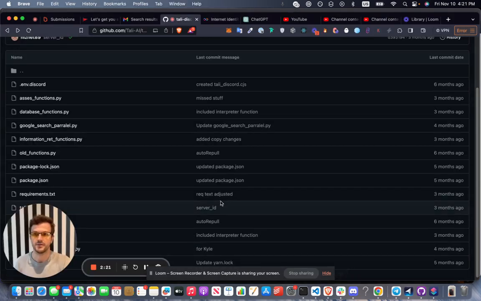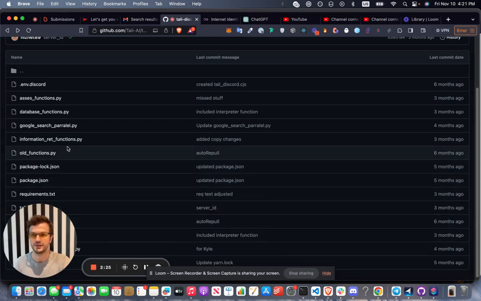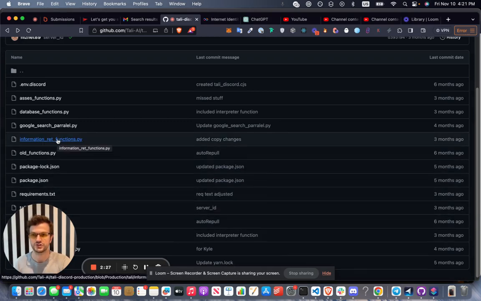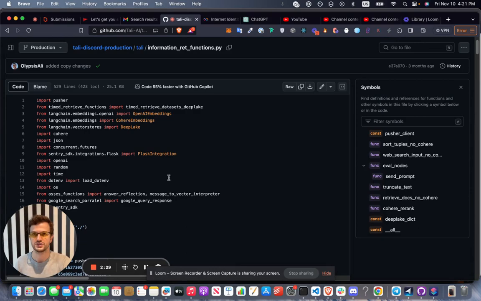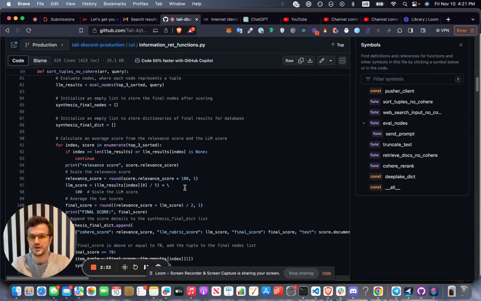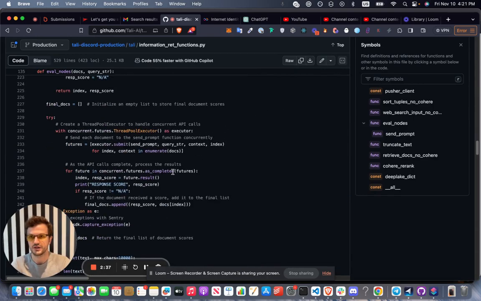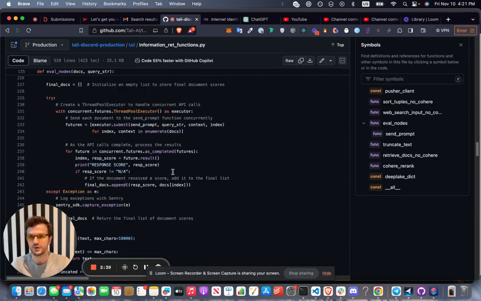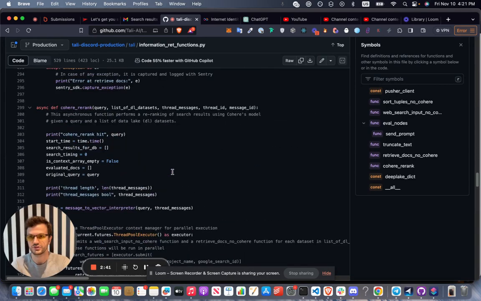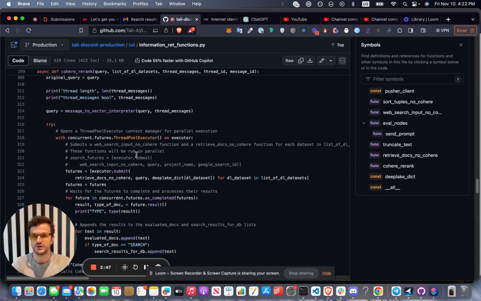So I'm just going to do a quick run through of the code. Everything leads to the information retrieval functions here, which is the main part of what is happening within there. Where are we at? There's a few functions up here. Okay, so Cohere rerank. The list of messages goes through. It hits